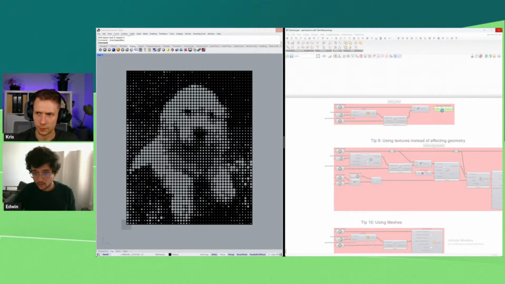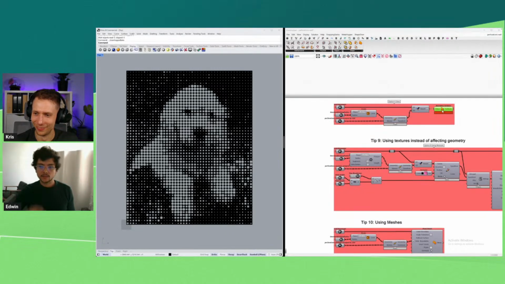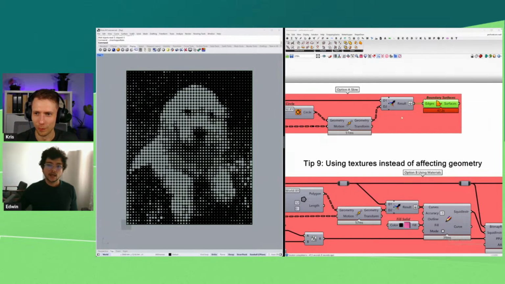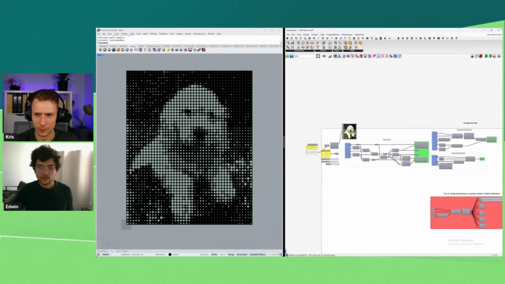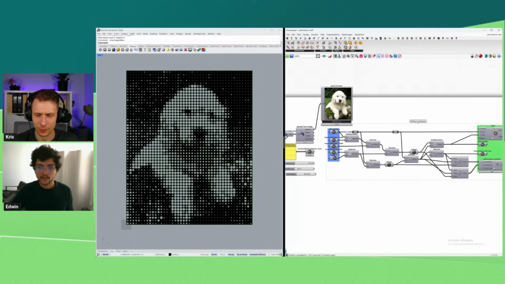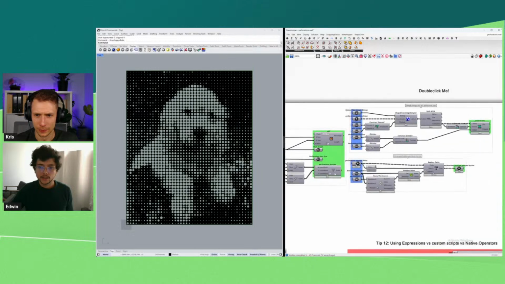So I enable this. Hopefully, it's not going to break my model because that's the slow part. That's what you shouldn't do. That is basically what is happening in this model: I take a bitmap, I sample the bitmap. Okay, everything done. We are safe. Almost 50 seconds. I take a bitmap, I import it, for example, this puppy, and then I sample it in different points.